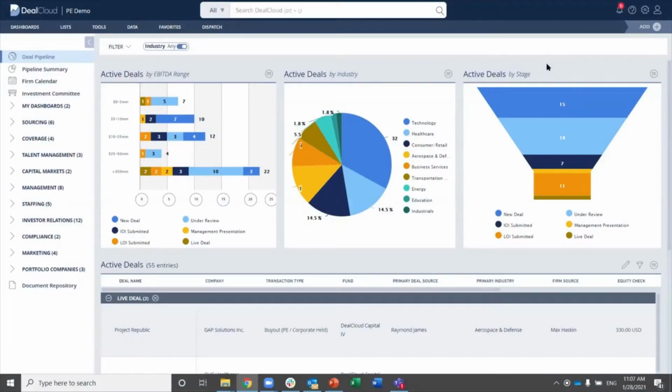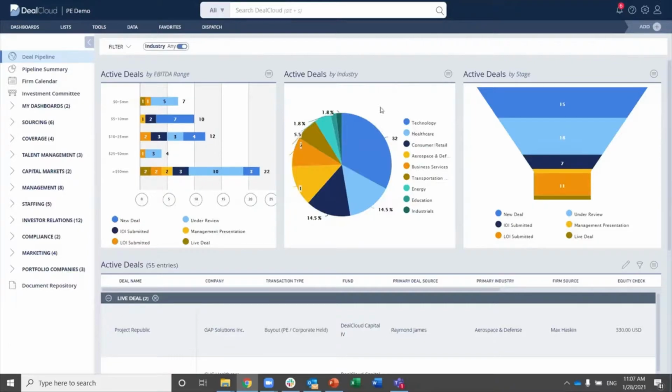One of the things we were just talking about is some of the new features around interactive design and reporting. So the first thing that I wanted to highlight is, if you see up at the top of this dashboard, it says filter up here. So previously, for those of you who are familiar with DealCloud, we have dashboards that have lots of different components